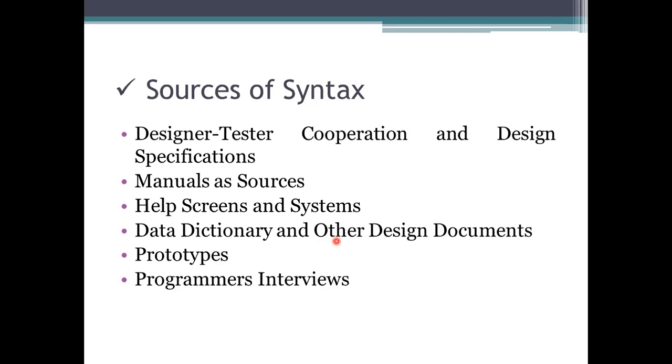Guidelines will also be given by the third source, that is the help screens and the systems. The help command, or the question mark symbol, is what we use for that. This will help you know about the process we are doing. If you are facing any problems, it will provide you the data. For example, frequently asked questions will be there, and there you also get answers for your problems.